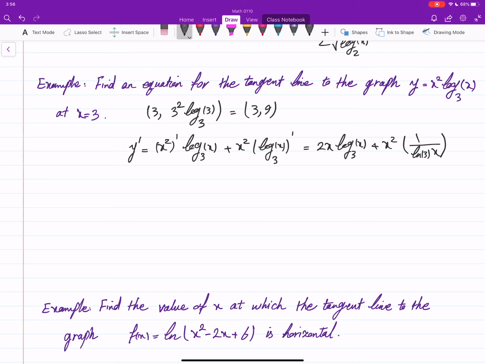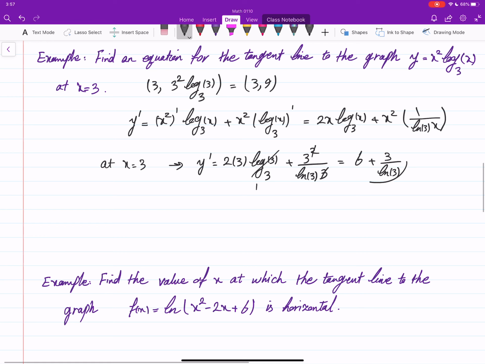So then at x equal to 3, what we have is y prime is 2 times 3 log of 3 base 3 plus 3 squared over ln of 3 times 3. Well, simplify all these things. This is 1. This cancels with that. That is 6 plus 3 over ln 3. It's a strange number, but it is the slope. Our slope here